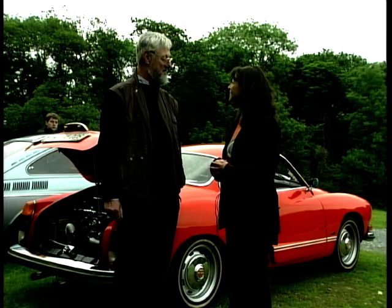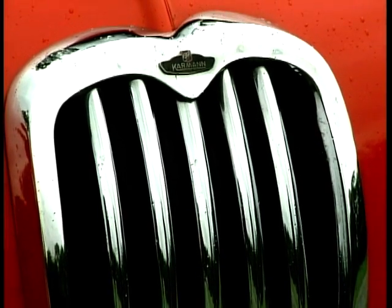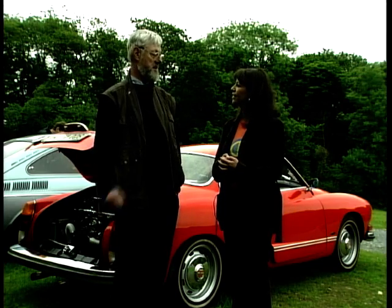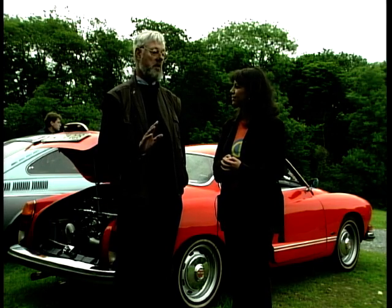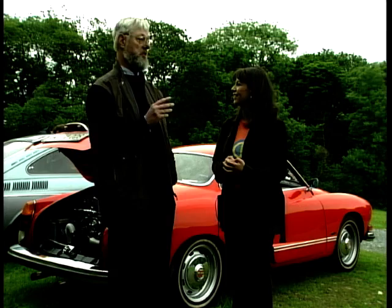What about the grille at the front? Tell us about that. So the grille was an extra you could have from accessory shops. It was never done by Karmann itself, but this is a remake of an original. Somebody made me a mold and made it from aluminium, and I've polished it, and after polishing it, it was chromed